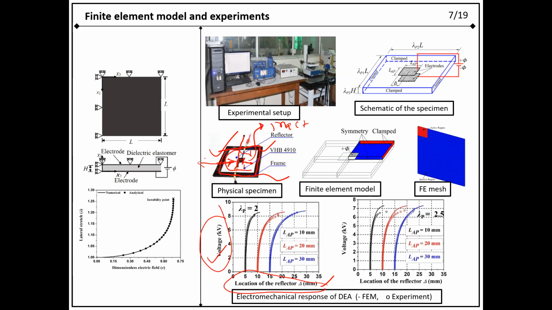These are the responses for different cases. This is also dependent on the area. We can have a small black area, that is the active region, and we can also have a large active area. Such actuation performance and the failure will also depend on the ratio of active to inactive area. For different areas we have plotted these responses.